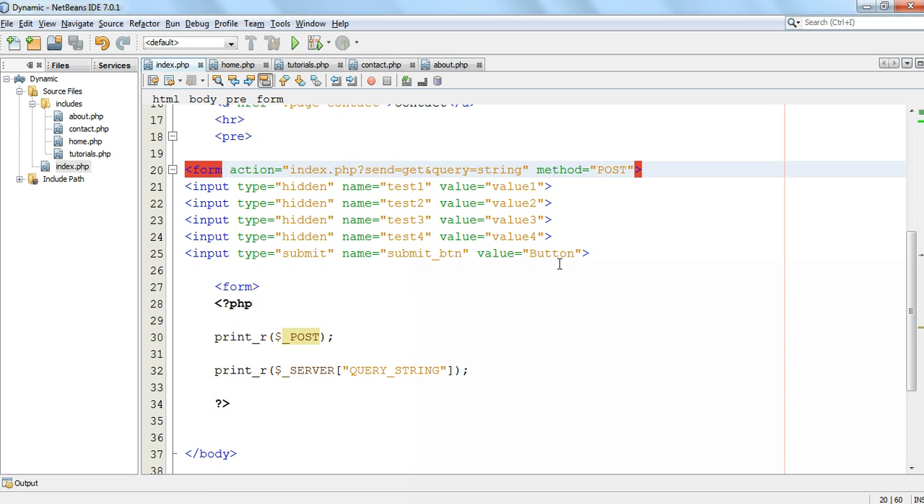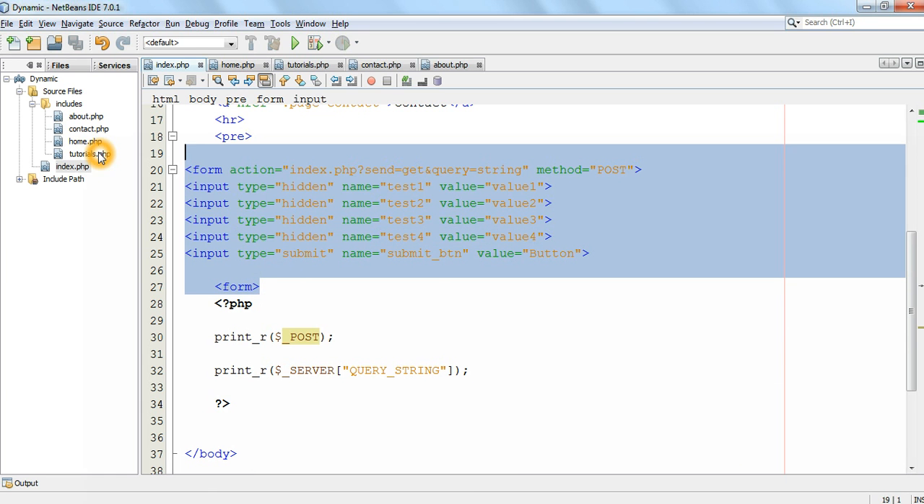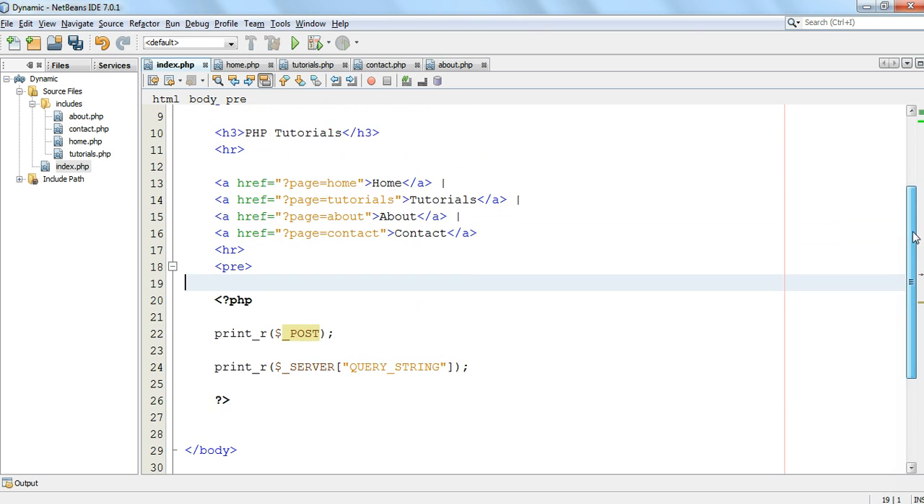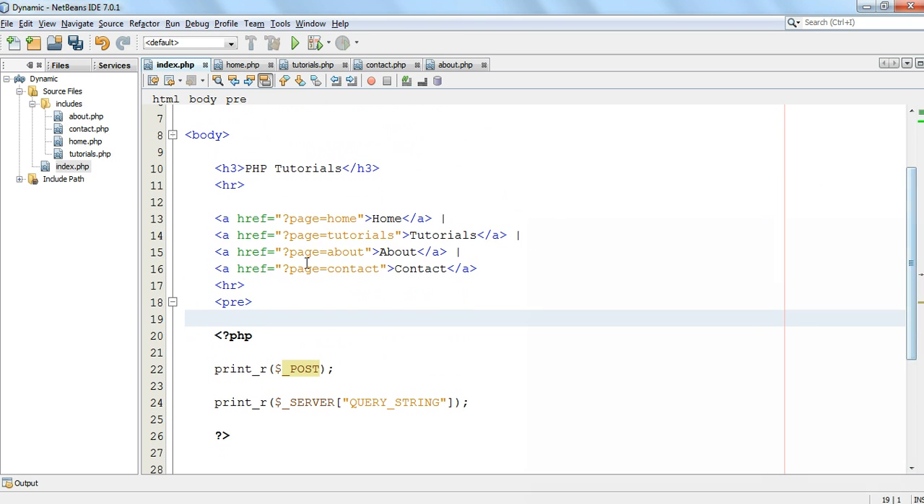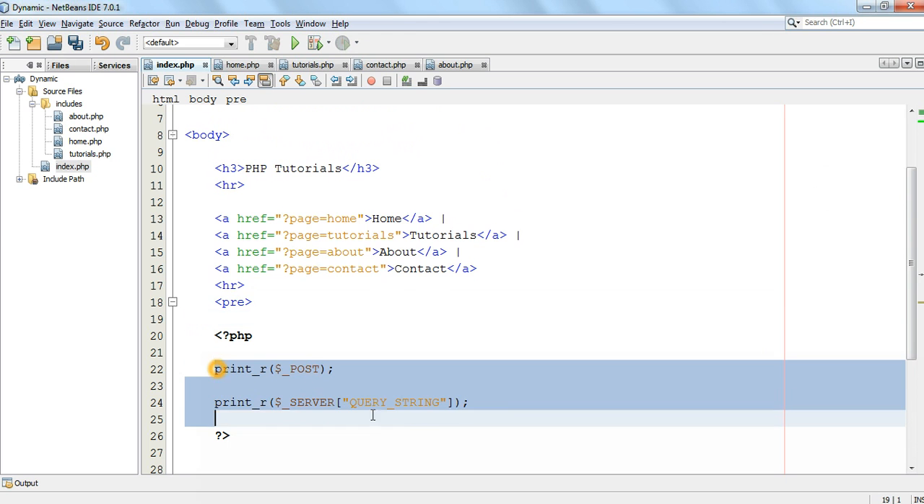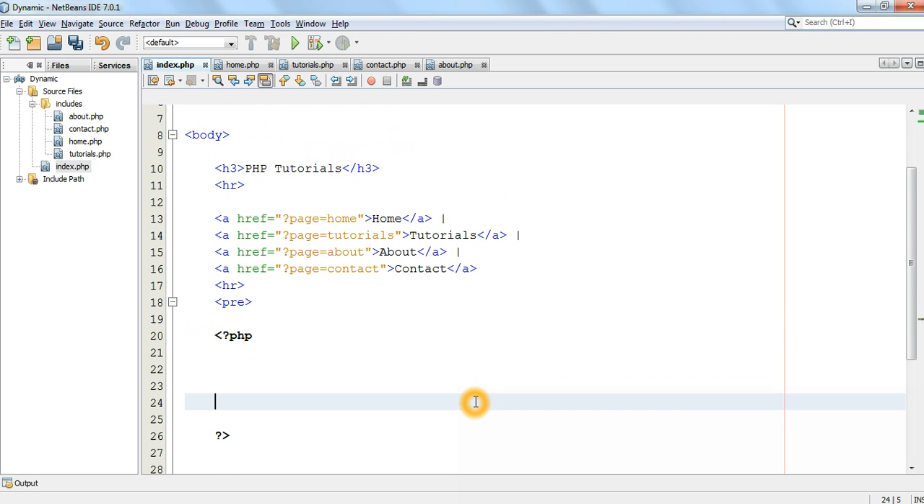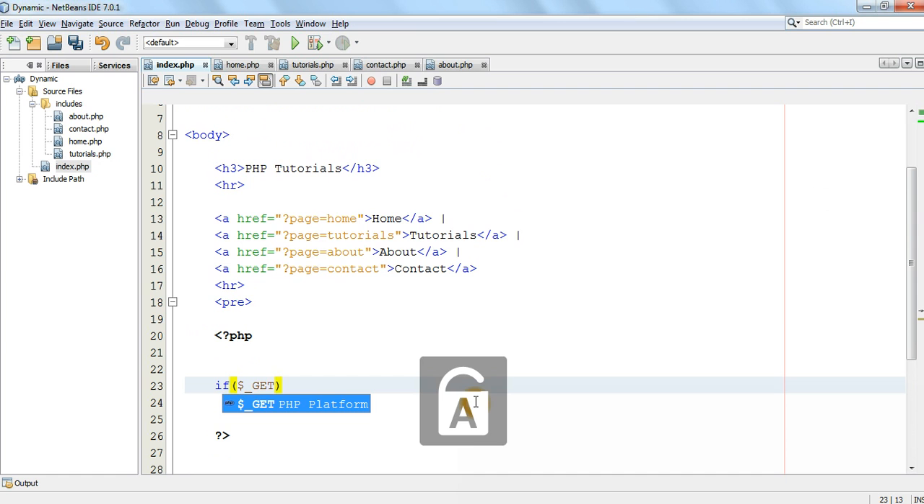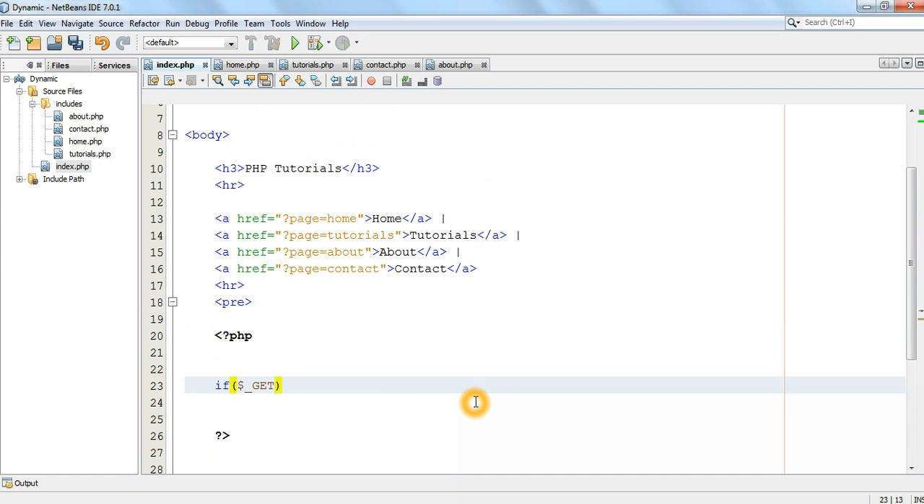Okay, let's now remove all of this because we actually don't need this form anymore. Right, let's keep the pre there for now. Okay, anyway, so let's start trying to catch these, shall we? And let's show you how to catch them. Let's first of all say, let's take caps lock off. Let's say now if GET, first of all, which is what we're going to be testing with, if GET page, which is the thing that we're going to be testing for,